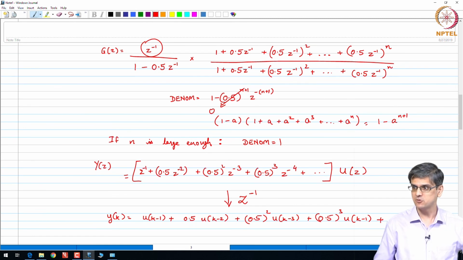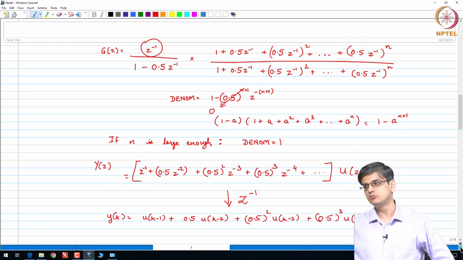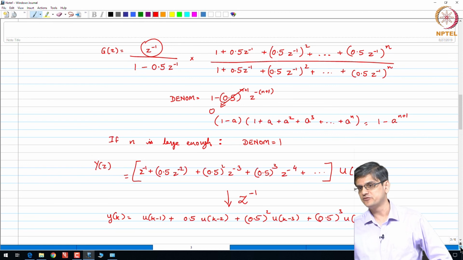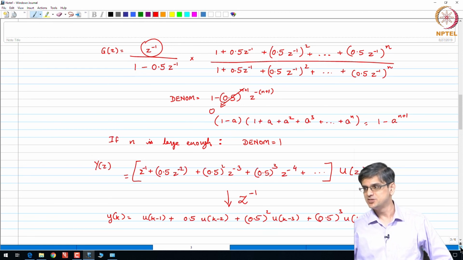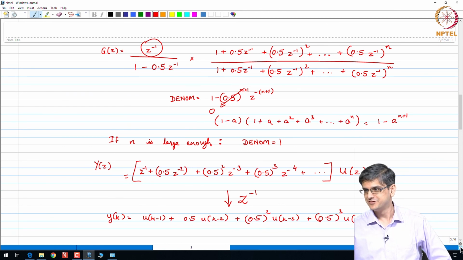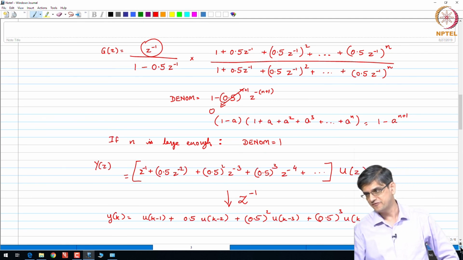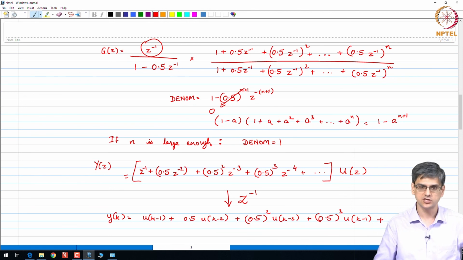The numerator is also an approximation. You are assuming that you are truncating at n. In reality, it will only asymptotically reach 0. It will be very, very small, right. What is 0.5 to the power 50? It is still not 0. 0.5 to the power 200, it is still not 0. Okay. So, what we are doing is still approximate with FIR. So, FIR models are still approximate. So, do not assume that the FIR models are accurate.